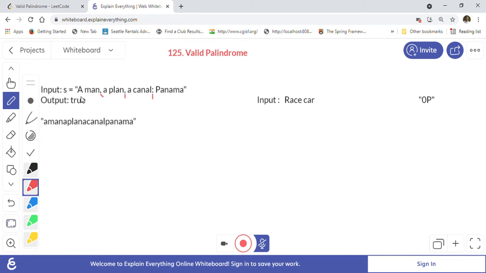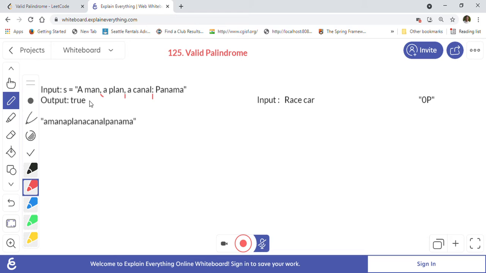So what we will do is take this input string and read it character by character, and using a StringBuilder we will append the character if it is an alphanumeric character, like a, m, a, n. But we will ignore the other characters like comma, semicolon, colon. In Java, the Character class has methods called isLetter as well as isDigit. We will use those methods to understand if the character is one we want to consider when checking the palindrome.